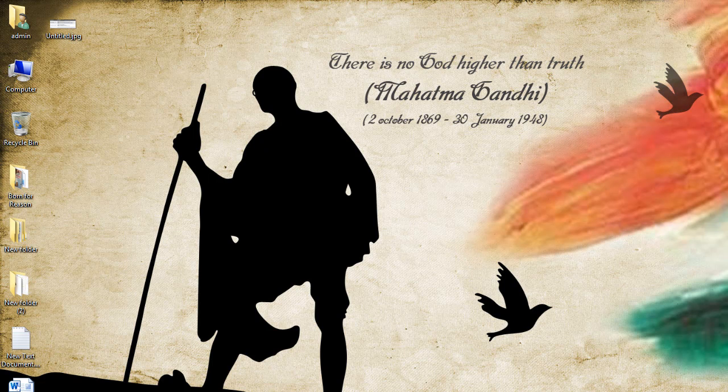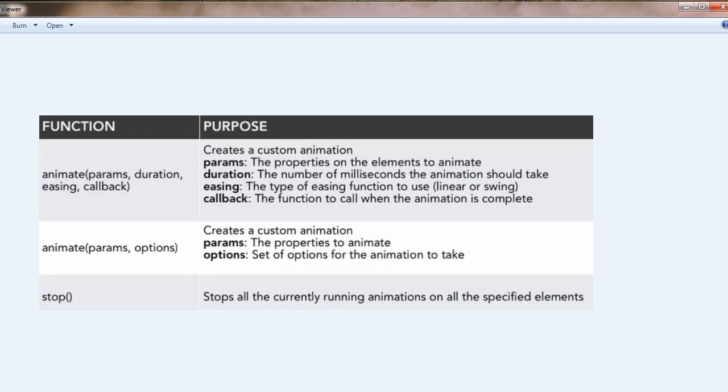Up to now, we have been observing jQuery predefined animation functions. In order to do custom animations, we have three jQuery functions for doing custom animation. These are the three custom animation functions, that is animate with